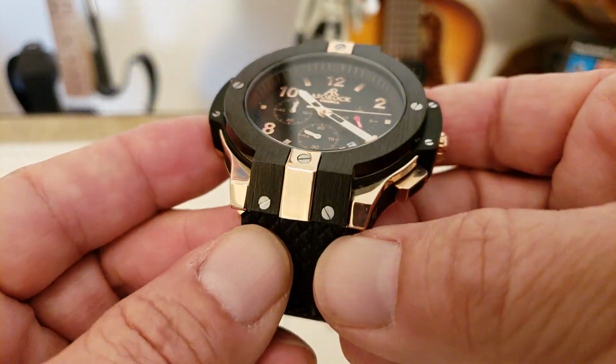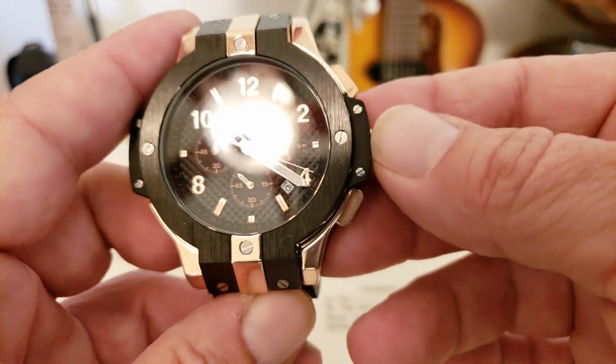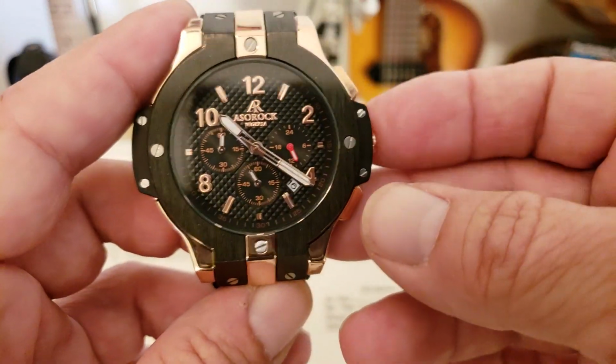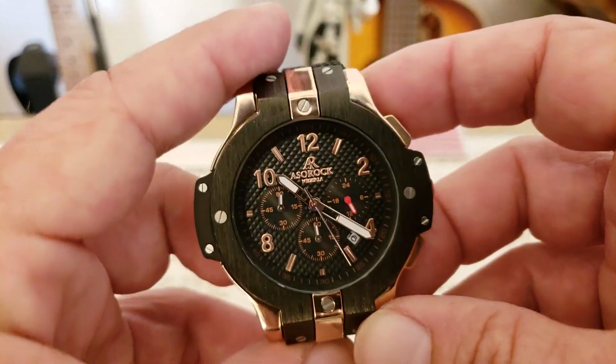Appears to be screwed together. I'm not exactly sure how all that works. You have a very nice crown guard here covering up your main crown. It is just a standard push-pull crown. It's not screw down. This is only a 50-meter watch, so you're not going to want to wear it swimming